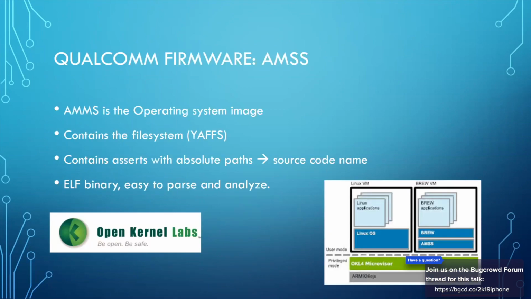Now, the Qualcomm operating system, coming back to that again, AMSS, was very useful in reverse engineering how Qualcomm works when everything is bootloaded and started. It also contains a lot of asserts to absolute paths with also the name of source code files. I've tried looking them up on the internet but couldn't find them, as everything is proprietary. I pretty much hoped them to be leaked, but they were not. But eventually I started working on my own ELF parser to analyze these files and parse them more easily.